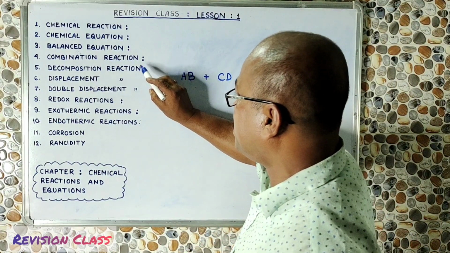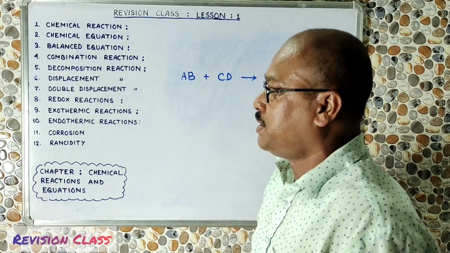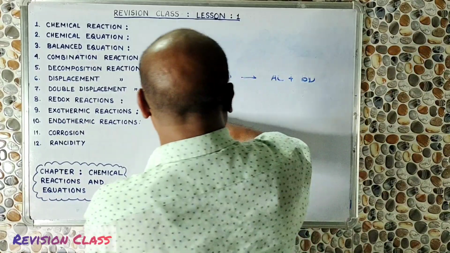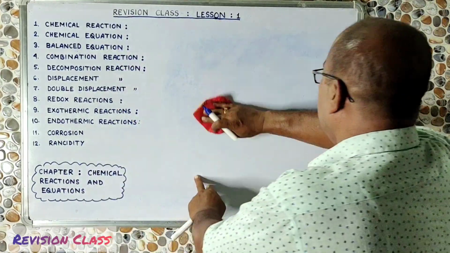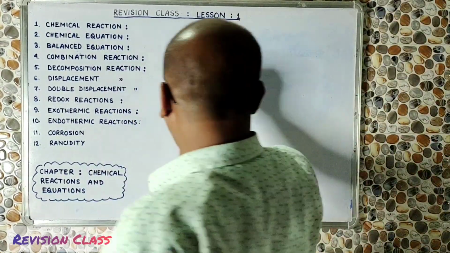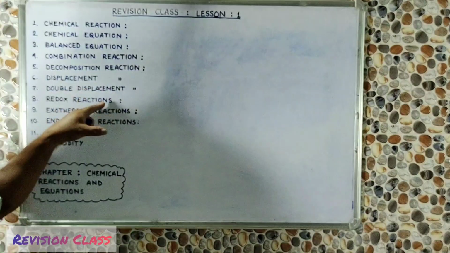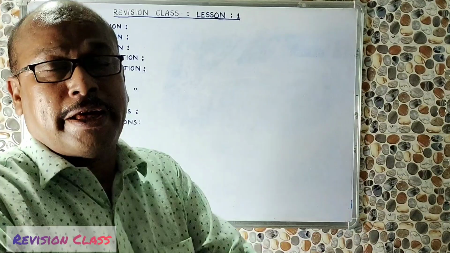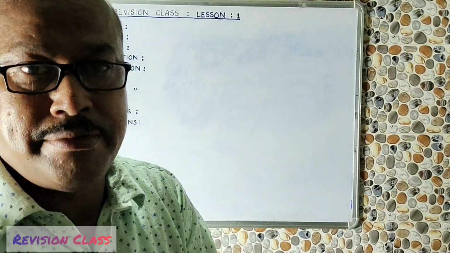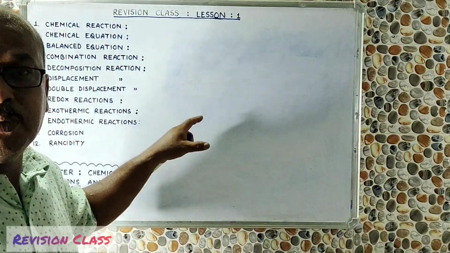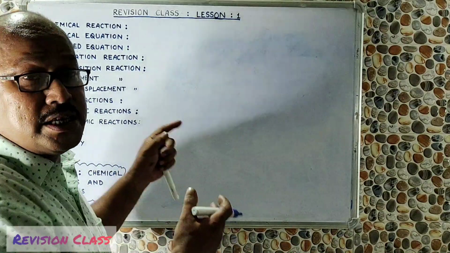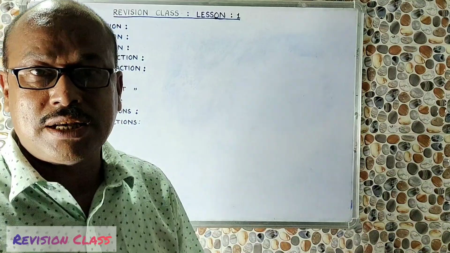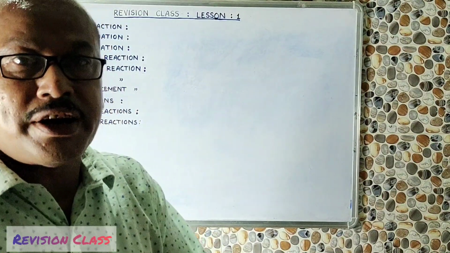We have seen combination reaction, decomposition reaction, displacement reaction, double displacement reaction. Finally, we are coming to see the redox reactions. Remember, I have in my online class already given so many examples of this type of chemical reaction. Please go back to that previous chapter, previous class I have taken online, and it will help you to understand it better. Since it is a quick revision for your examination, I am not elaborately discussing these things. I am just refreshing all these things.